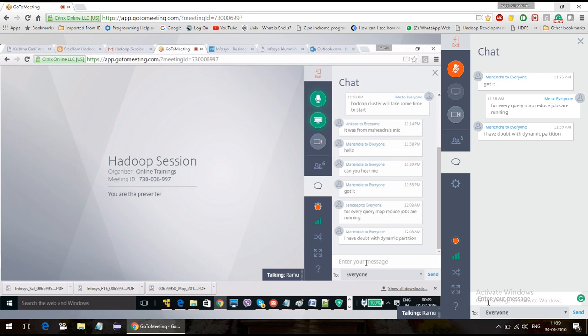Whereas if you go for some count or some other function, you will not get the entire data. Whatever function you have applied, that data you are going to get. You got what I'm trying to say?